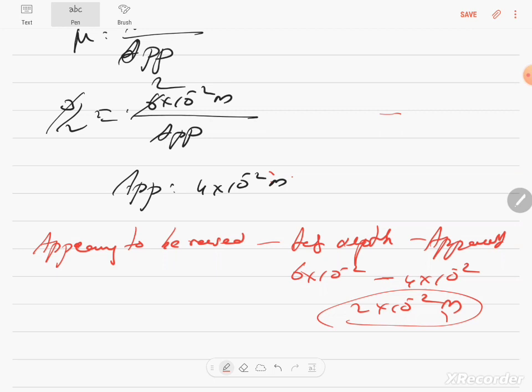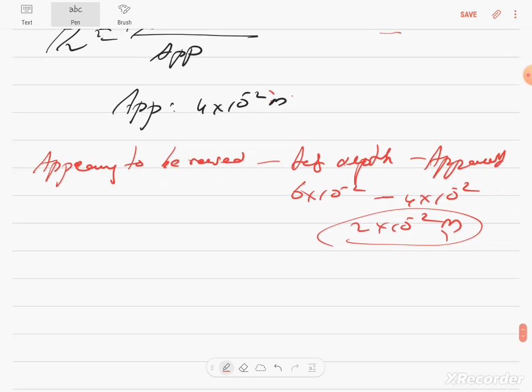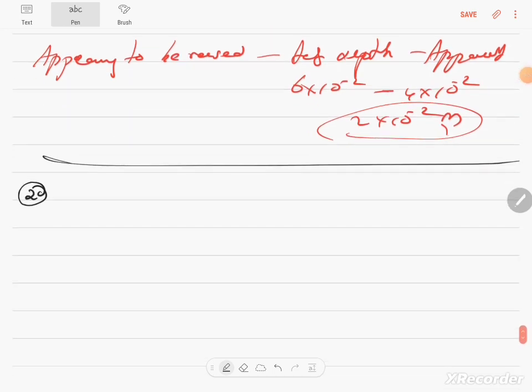They have written it as 2 centimeter. Doesn't matter. You can write your own answer. Can I go to the next question? Next question, let's do example 20. A glass beaker of height 10 centimeter